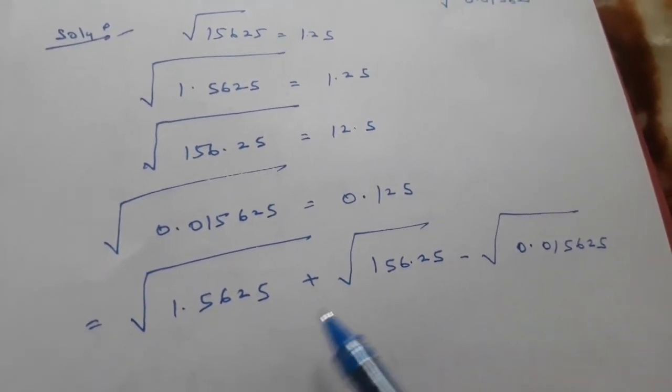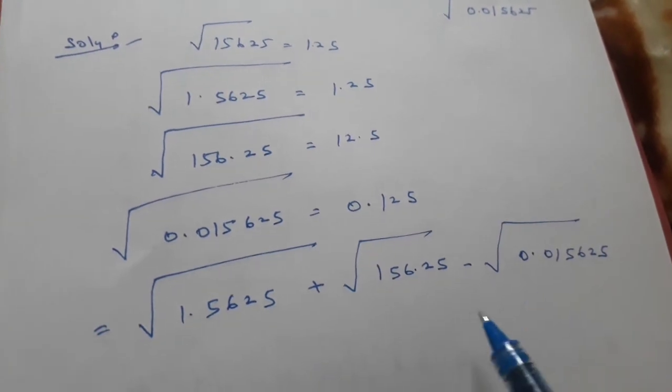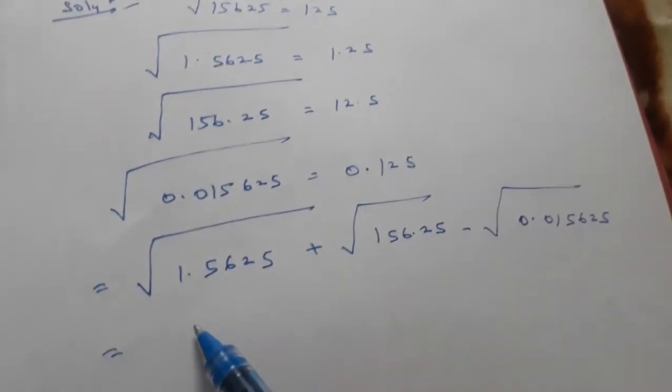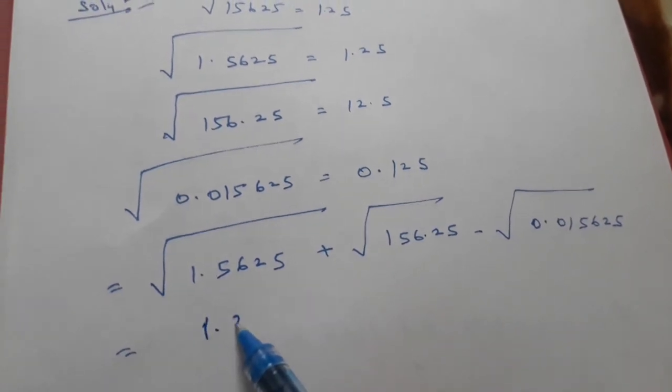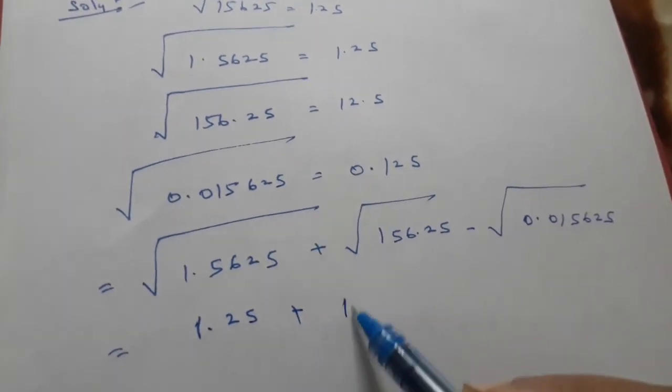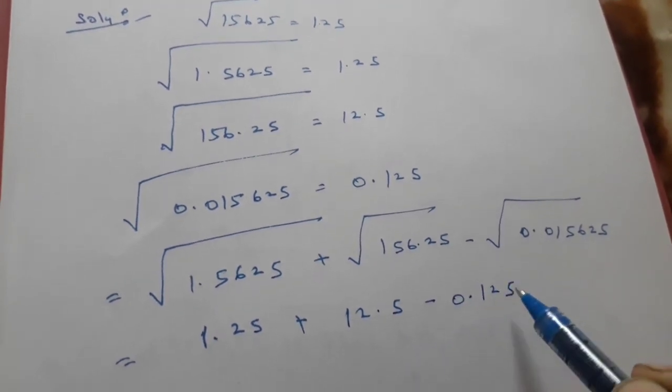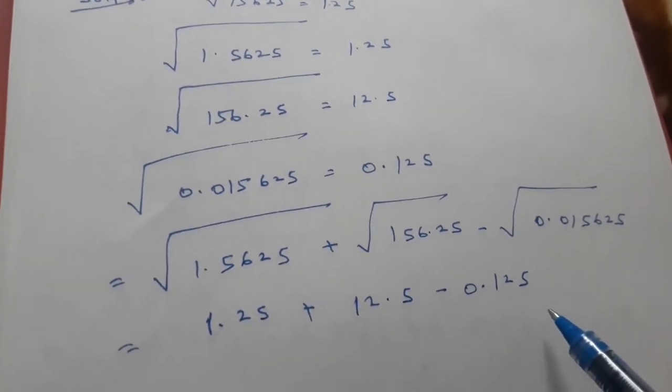So replacing these numbers by the values which we have found here, 1.25 plus 12.5 minus 0.125. So first of all we will